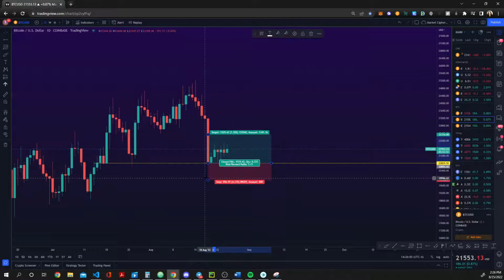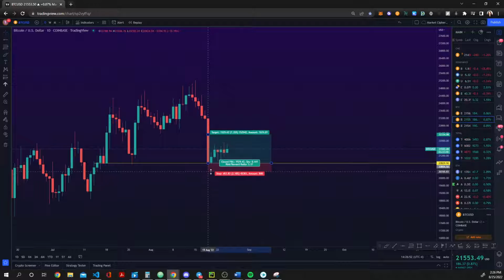So let's say you entered here, your stop loss, you can move that up and down. Of course, the tighter your stop loss is, the more probability you're going to get stopped out, right? So if you're doing leverage, it's going to be in a different video, but for this video in particular, we're just going to focus on spot, right? So your stop loss, you have to move it around, see what you're comfortable with. If you're entering it based on a support, then your stop loss should be below that support. But the tighter the stop loss is, the higher probability that you're going to get stopped out of that trade.